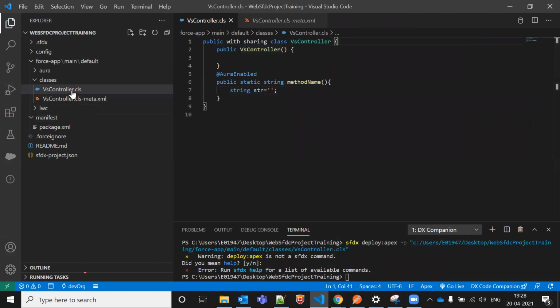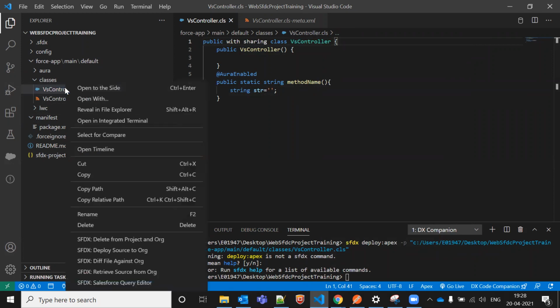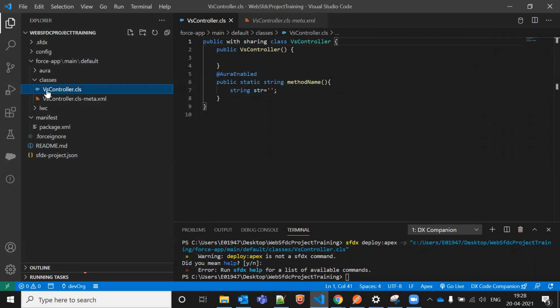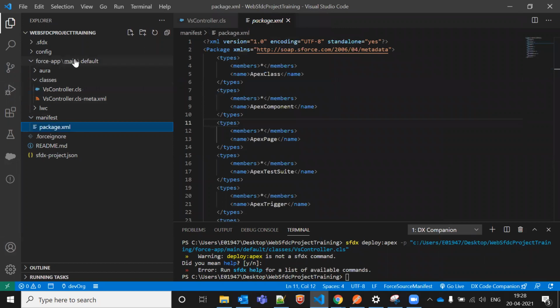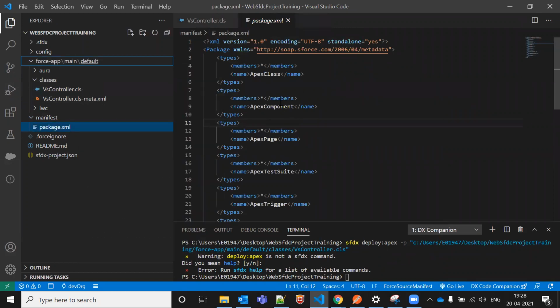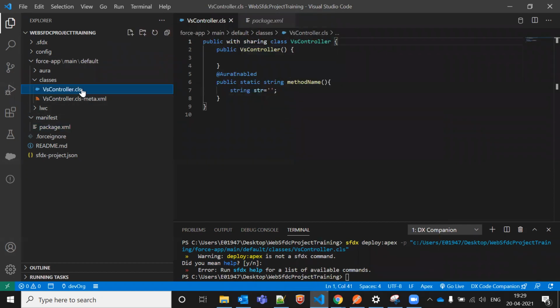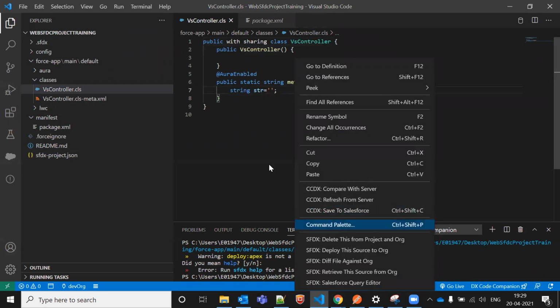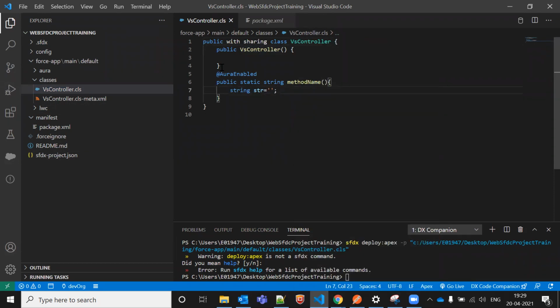I can right click anywhere on the screen, or else you can directly go to this class, or go to package.xml, or go to default, wherever you want. What's the difference between clicking different places? If you click on this class, you are talking about only this class.